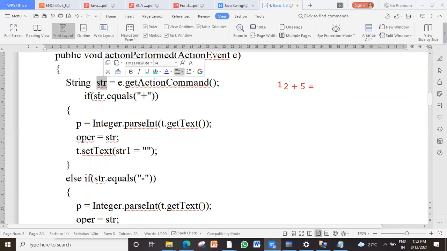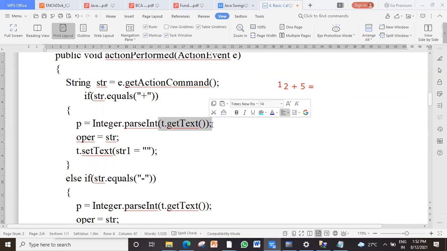If that generated event, or if the clicked button is plus, what am I going to do? Whatever number is there in the text field, t.getText means text field content I'm going to extract. Assume that the text field contains 12, because now I have clicked on plus. Before that, what was the text field content? 12. That 12 will come where? It will be fetched, it will be converted to integer, and it will go to p,